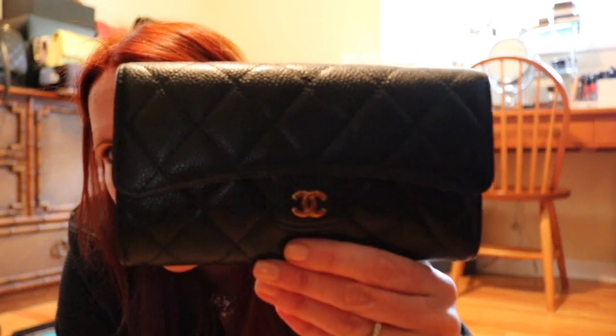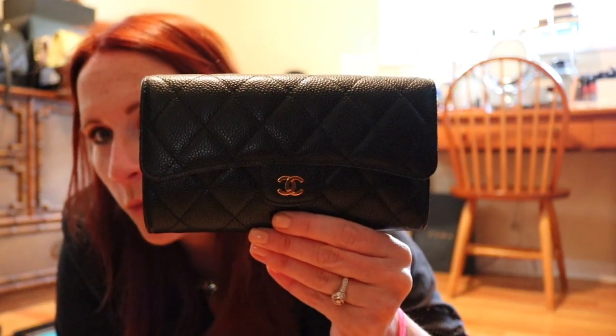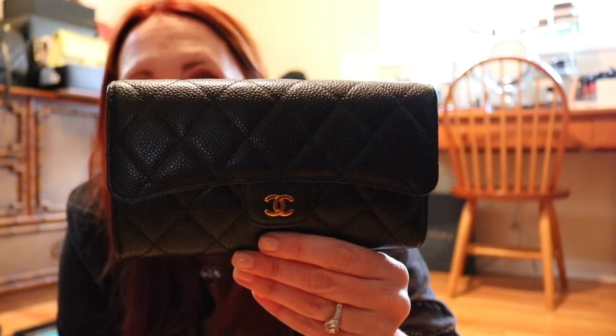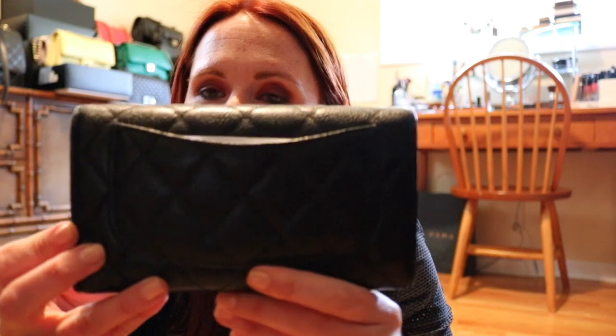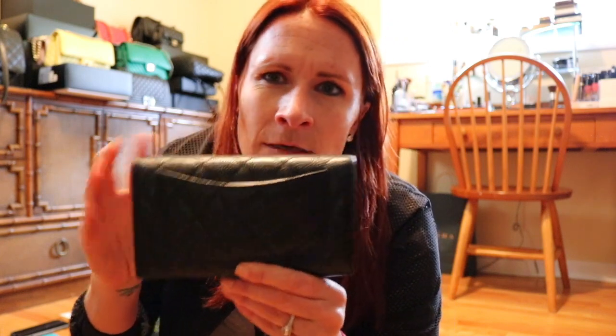My last wallet to show you guys is the mother of all wallets. This is a very, very classic Chanel style that's still available. Mine is in black caviar with gold hardware. And it's gigantic, essentially. The design of it, it has this huge flap on the back. I actually currently have two card IDs in here, so this definitely fits cards as opposed to the pink one. And then if you open it,